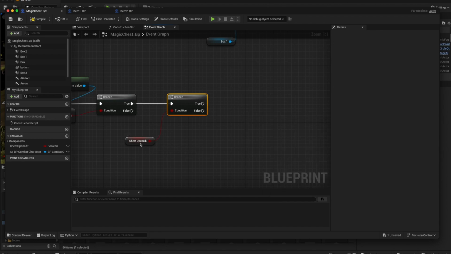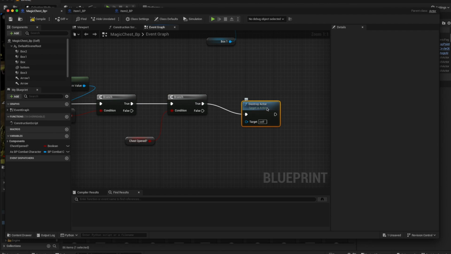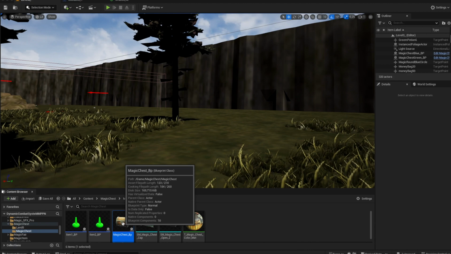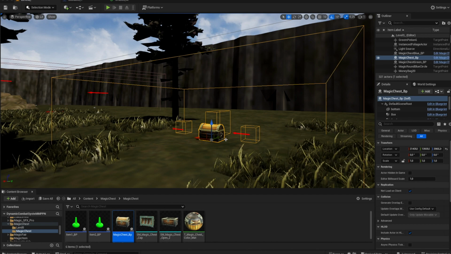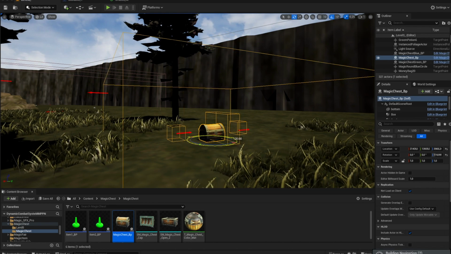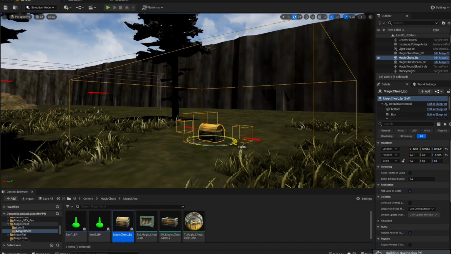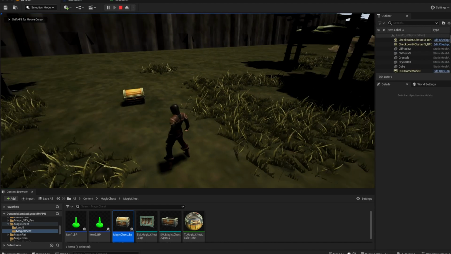So it means if the chest was opened, just destroy actor. And we can drag and drop this box, rotate it, when you want to, of course. Play from here, okay, and now